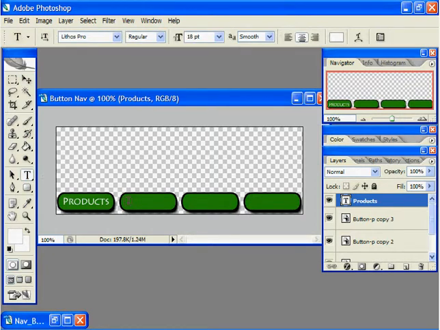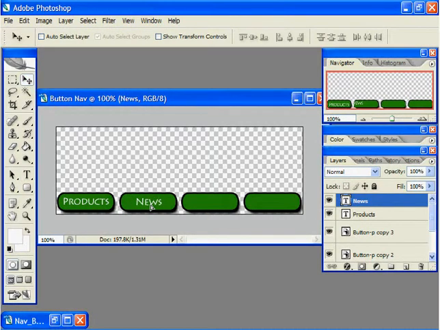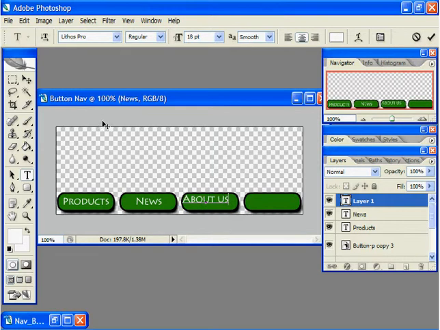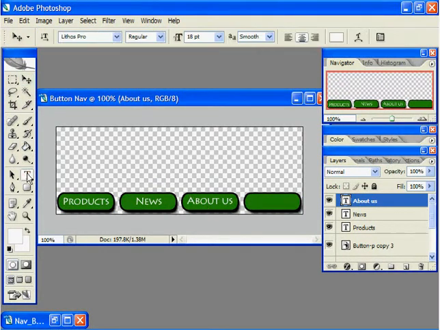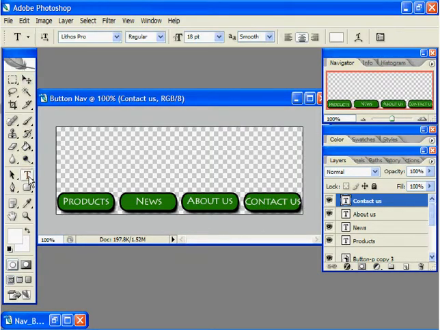Now I would be able to create more text such as news, move it to the center of the button, about us, again move it inside of the button, and contact us. Notice contact us is a little bit too big. What we would be able to do is to